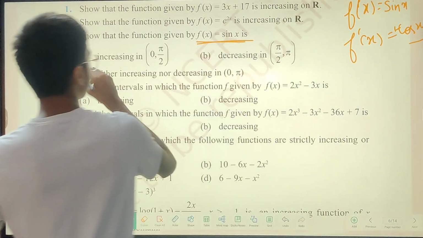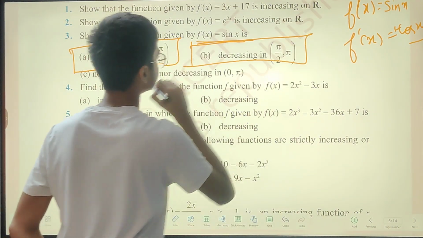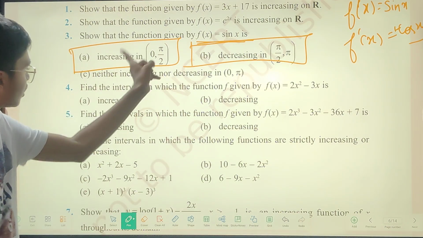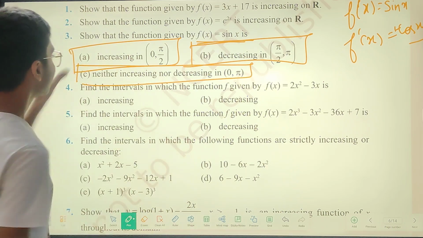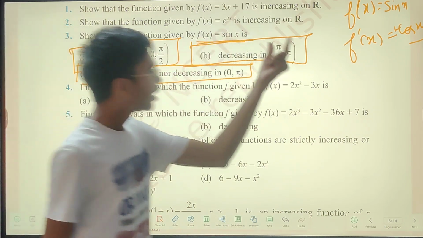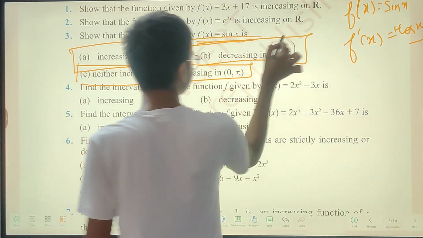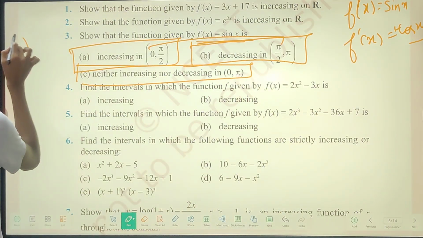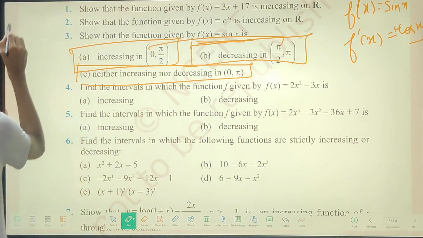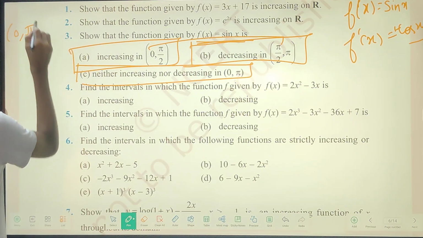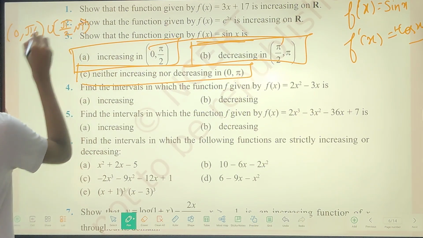We have to prove it is increasing in one domain and decreasing in the other. If we prove this, then we can easily say that it is neither increasing nor decreasing in the whole domain, because in one domain it is increasing and in the other it is decreasing. When you combine the two domains, they have given open brackets only, so the union of this and pi by 2 comma pi is